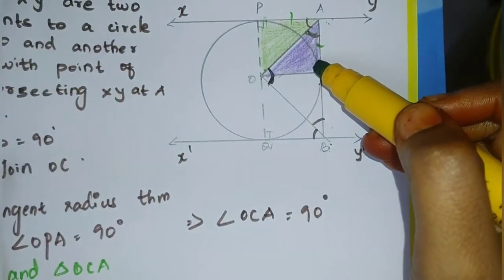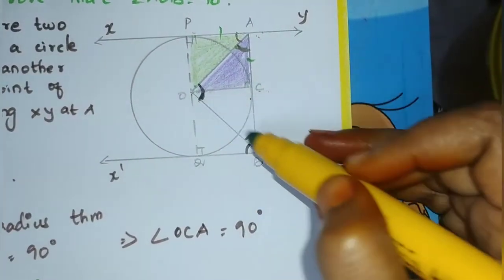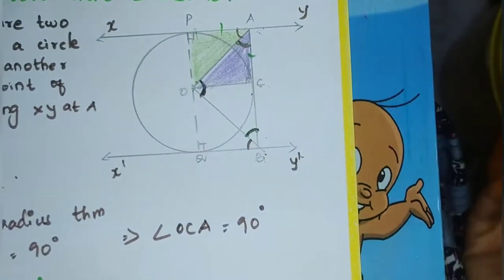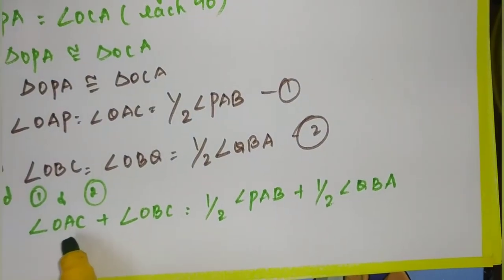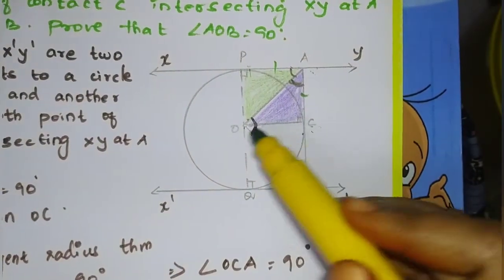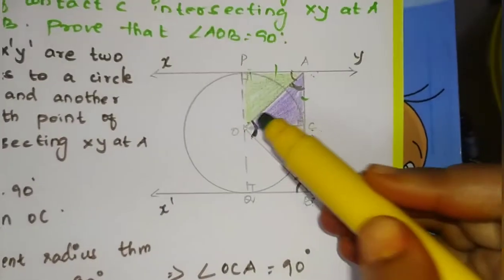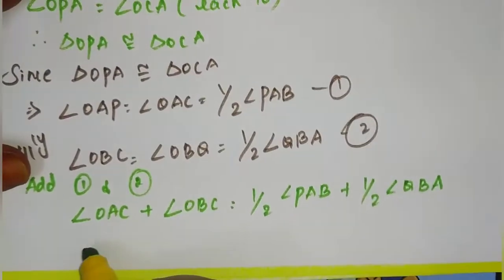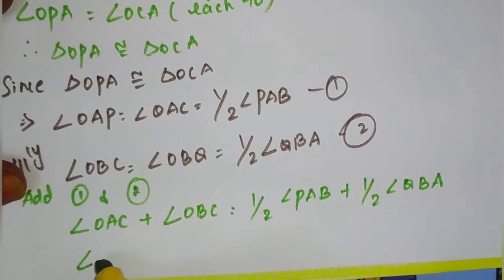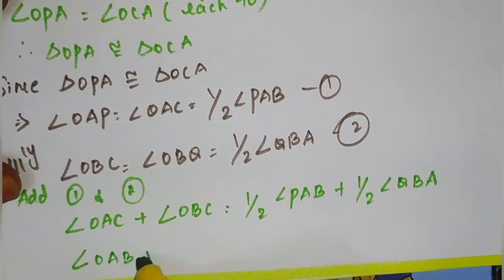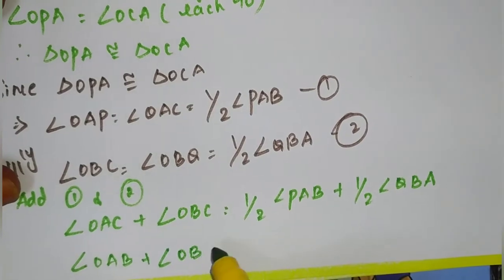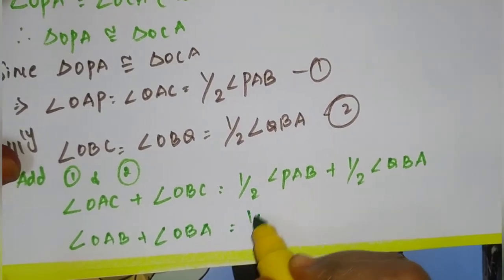Instead of OAC, I can write OAB, and instead of OBC, I can write OBA. Clear? So angle OAB plus angle OBA is equal to half of,